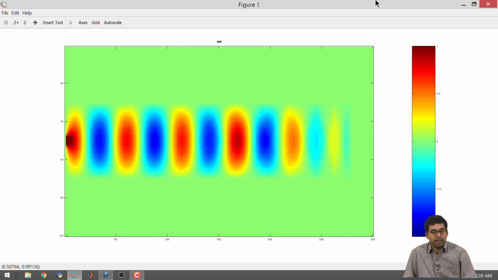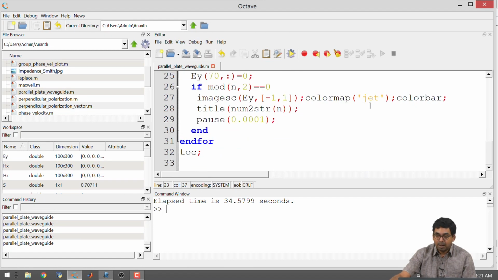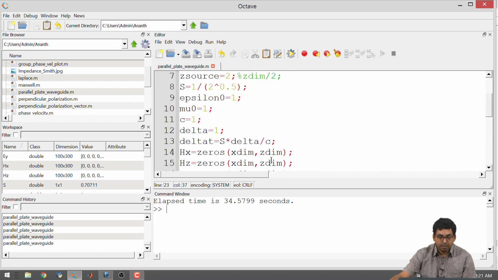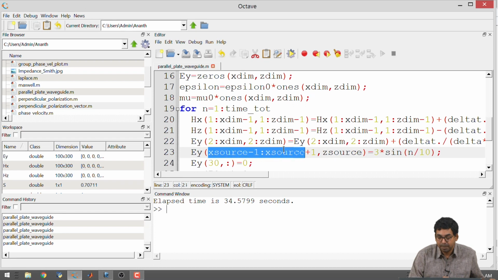First of all, you have a configuration of the waveguide and the source is placed as a point perfectly in the middle of the waveguide, all right. Now, let us look at that a little bit more carefully, right. Where is the source? Okay. So, I have x source minus 1 to x source plus 1 and all that. So, there were 3 points which were emitting. So, what I am going to do is fix it to something that I am already aware of.